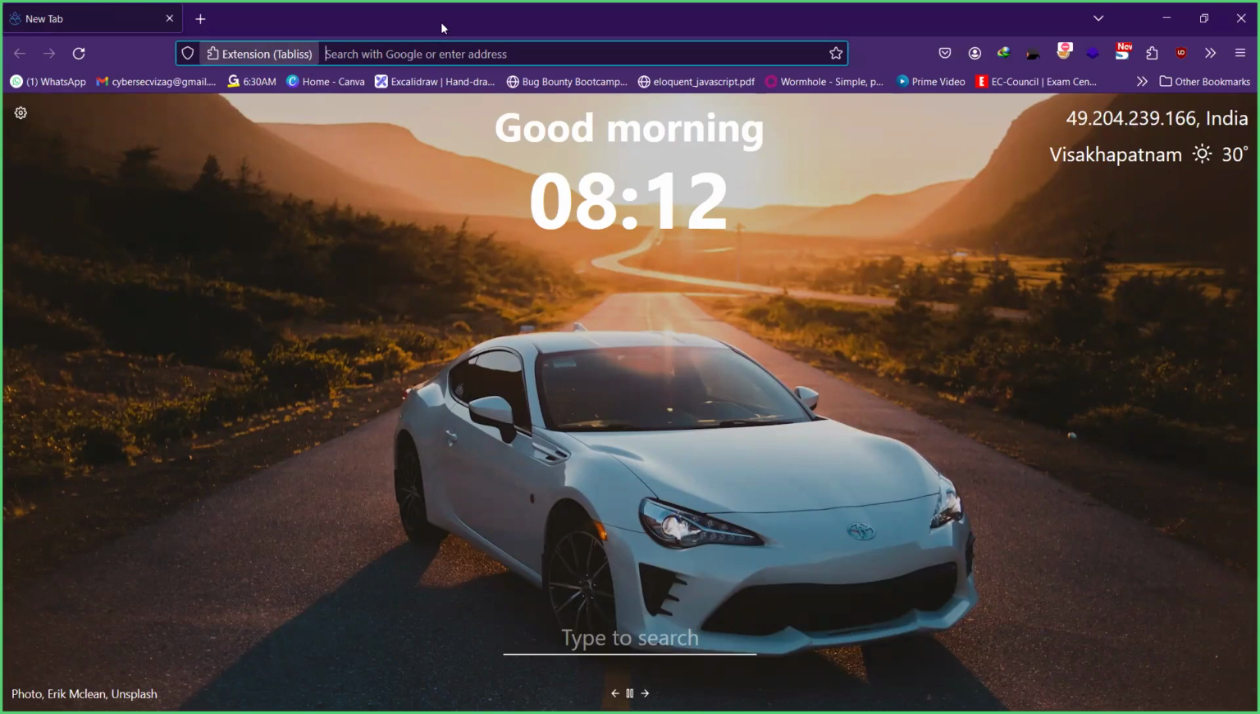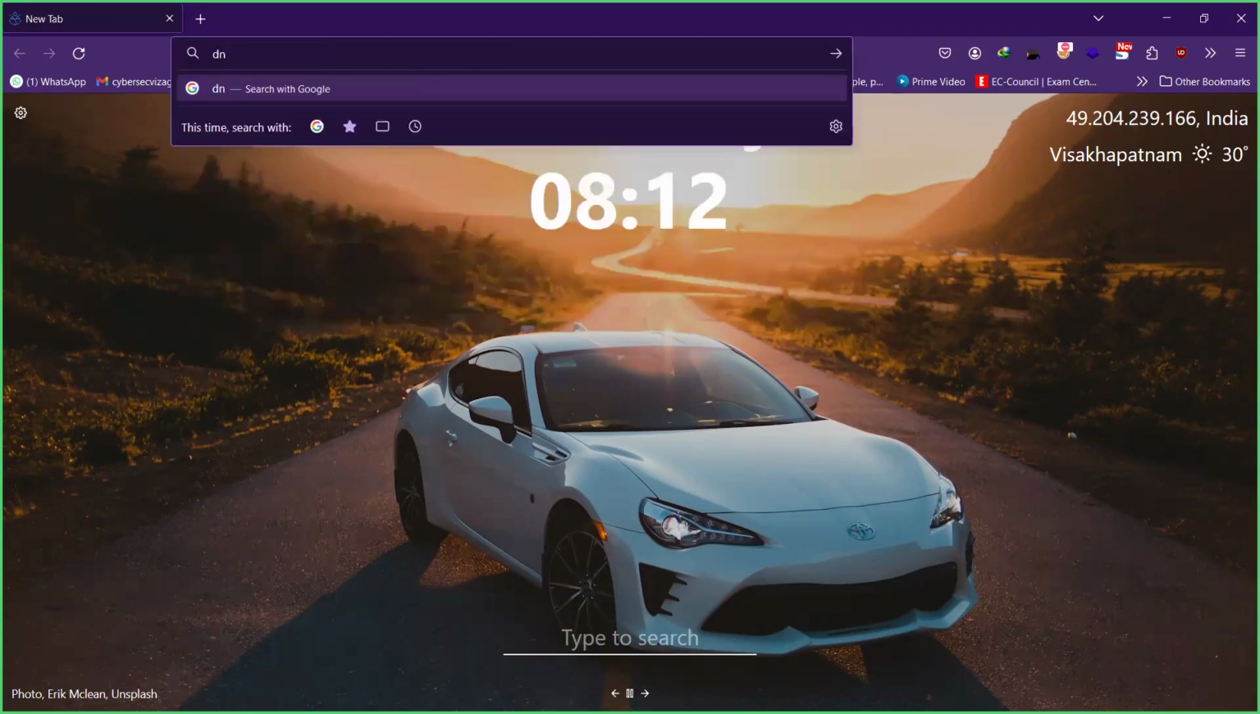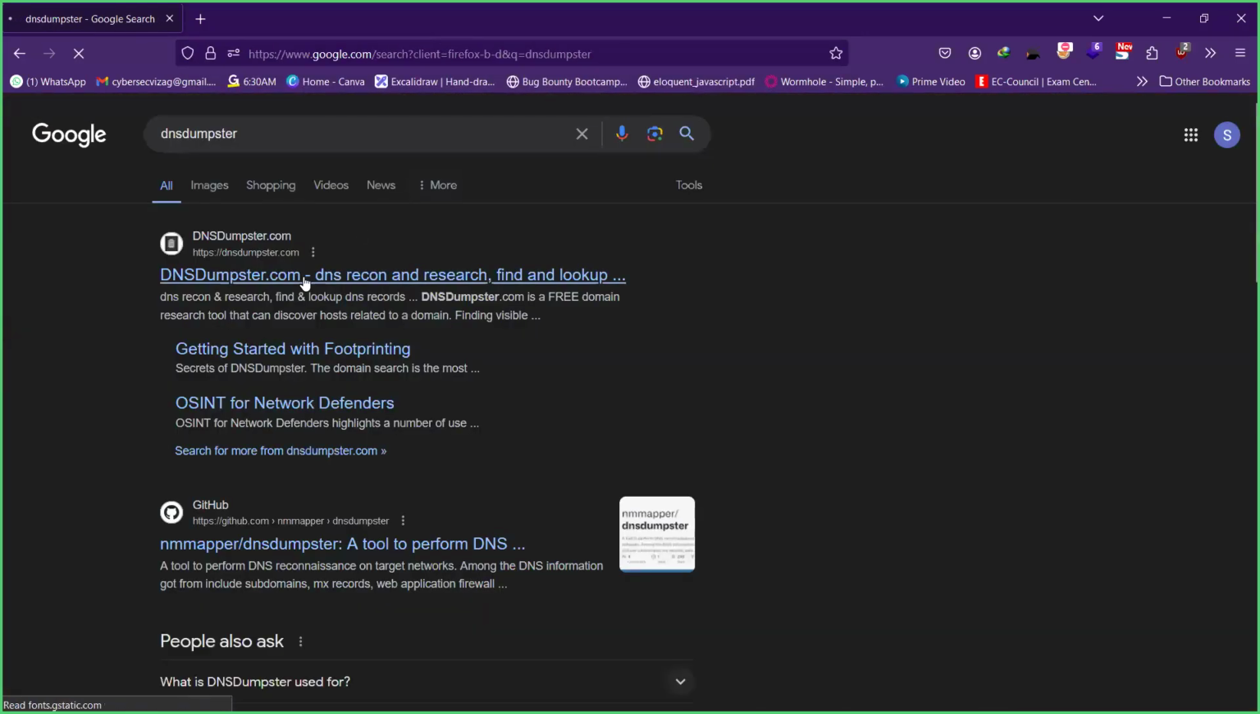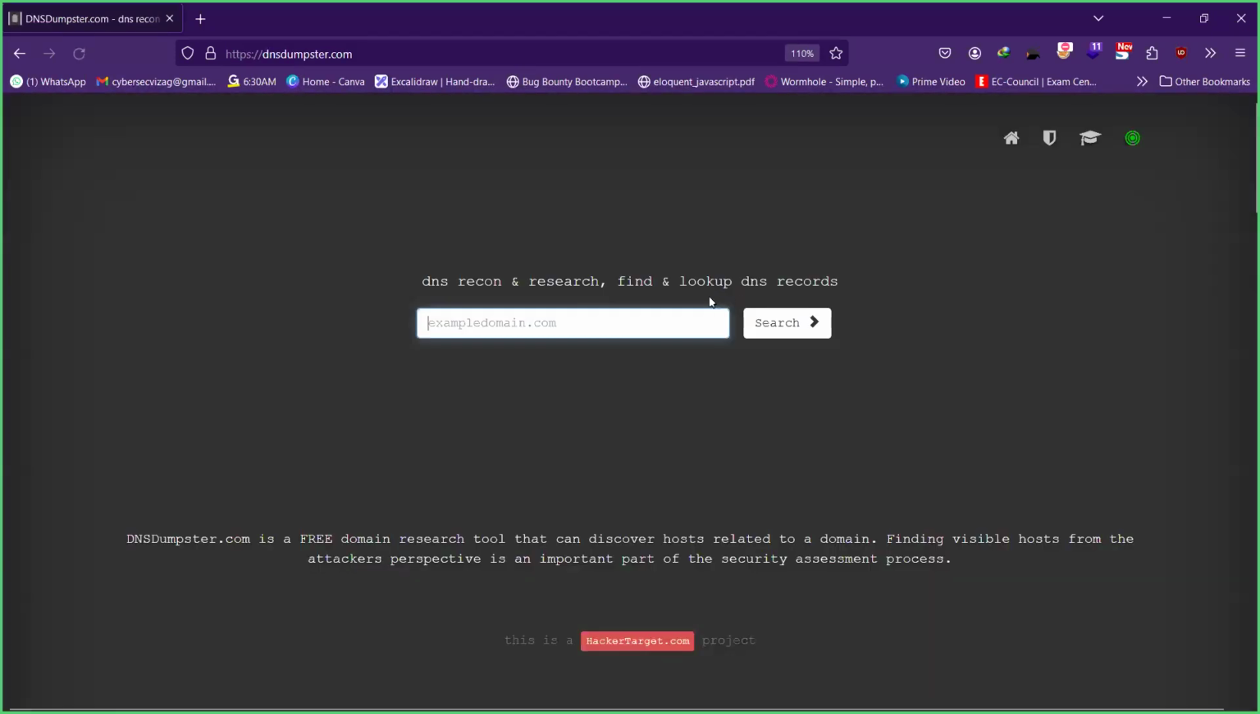So if I search over here for DNS Dumpster and click on the first link, now, just like any other website, you have an input field here, where you can enter the required domain name to acquire information about. So for example, if you want to get information regarding Tesla, tesla.com, I can enter that domain name here. And now when I hit enter,